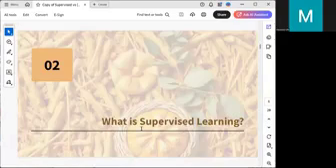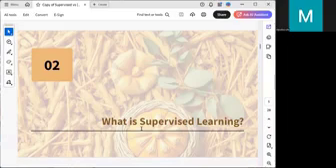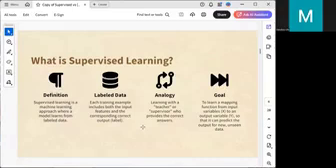So what they say is that you can broadly classify machine learning into different categories. First is going to be supervised learning. Next is going to be unsupervised learning. Third category is semi-supervised learning. So these are the three types of learning process we do under machine learning. So first we'll see what is supervised learning.